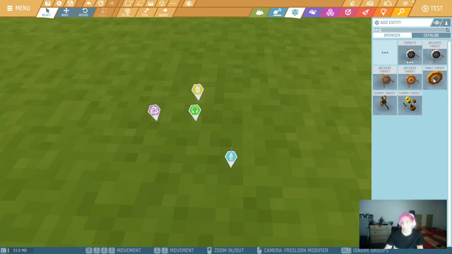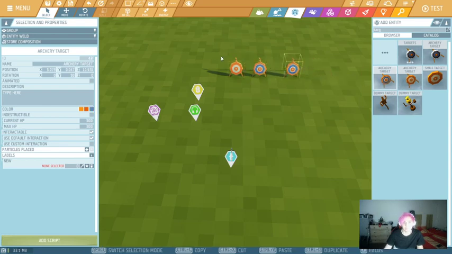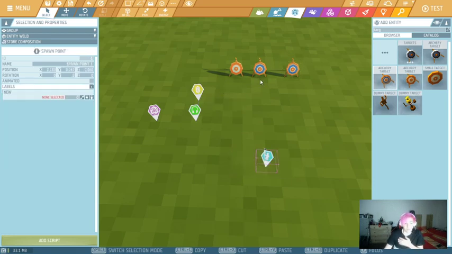So we are gonna place some targets. I like these ones more with the blue. Yeah, they're pretty ones. So let's say we want to create some system for